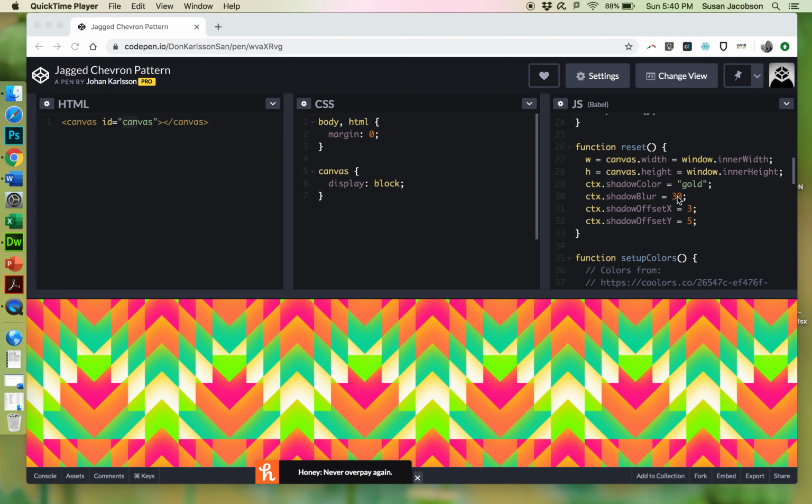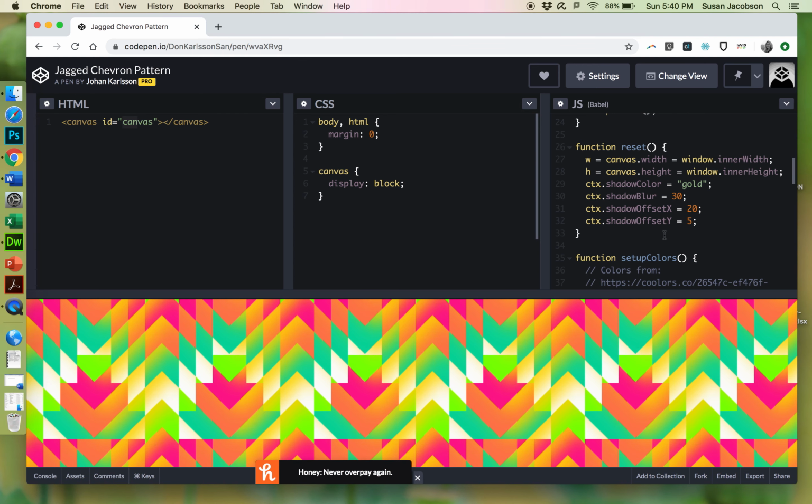We can see shadow blur, shadow offset X, shadow offset Y. Now again, not 1000% clear how this works, but I'm going to guess that that's the number of pixels by which the shadow is offset horizontally. So if I change 3 to 20, we should see a big difference. Okay, there it goes. Let me change shadow offset Y to 20. Okay, very nice. So anyhow, that just goes to show you that here inside of CodePen, you can make some changes